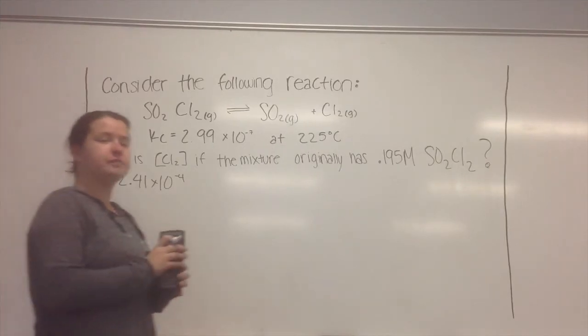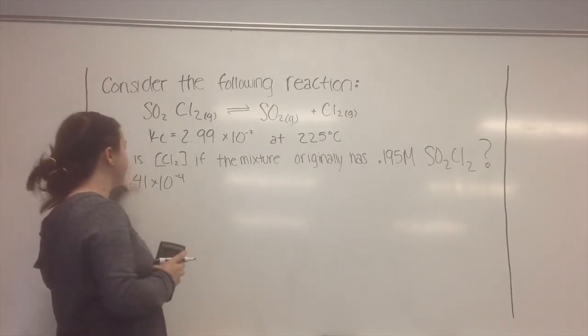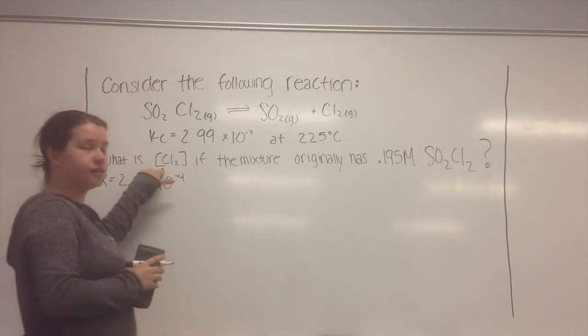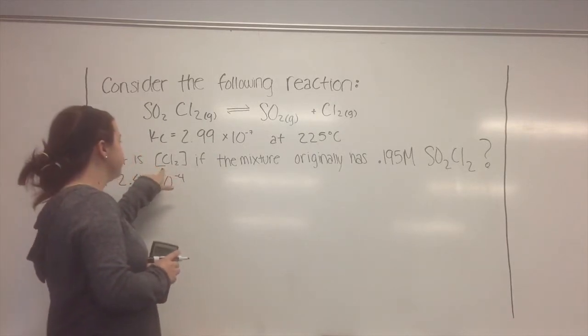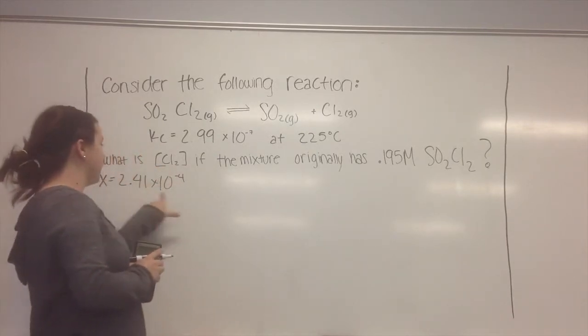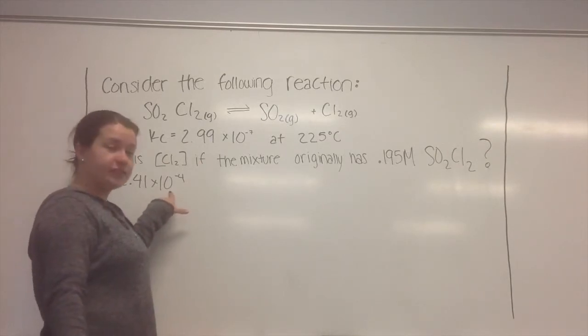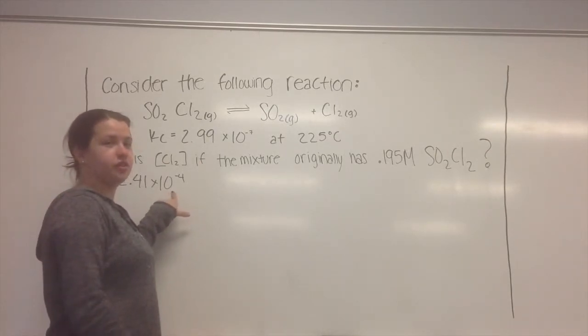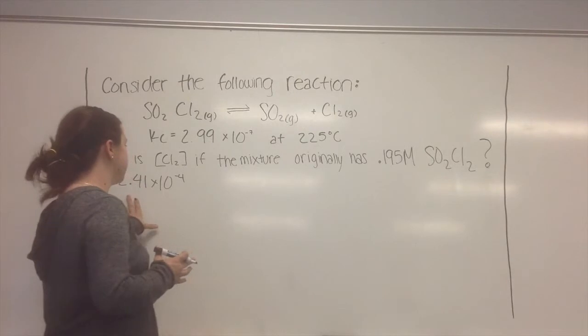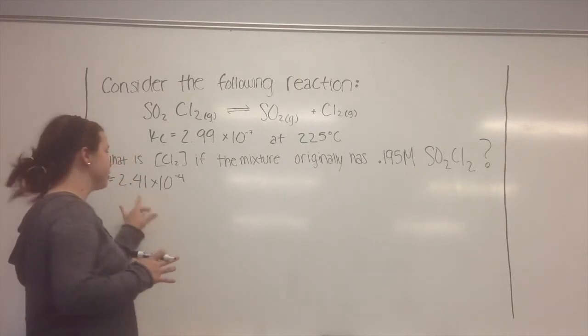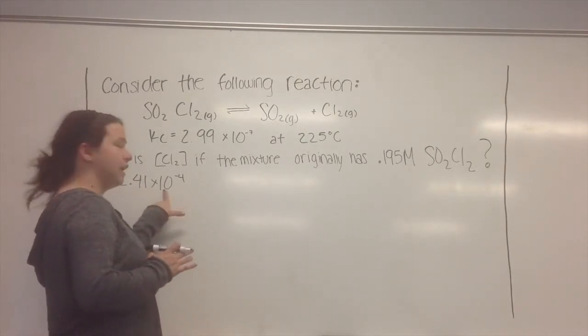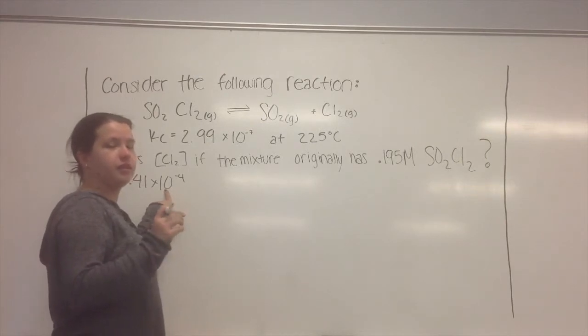Okay, so in the previous problem, we figured out that the x for this problem, which is also the concentration of Cl2, is this value right here. And we found this value using the x's small approximation. So to prove that this is actually correct, what we're going to do is make sure that this value is 5% or less of the